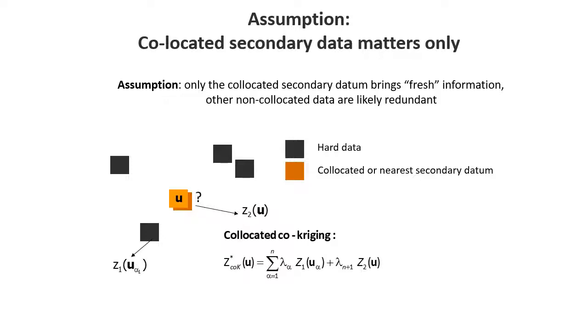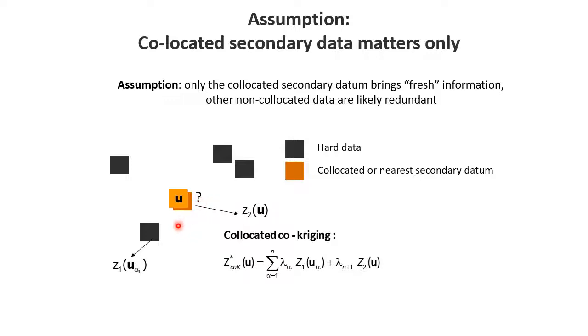But then on the other hand, we can also imagine a situation like this one, where the secondary data is perhaps relatively smooth relative to the primary data. That would be true in that case, say, of the porosity and the seismic data. So that means that the information that really matters for estimating the primary variable at this location is not to use all of this secondary data, but only use the co-located one. It doesn't mean that all this other information is independent of this one, but we're now imposing